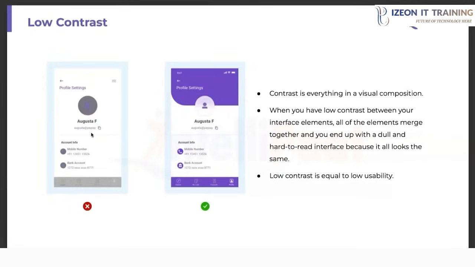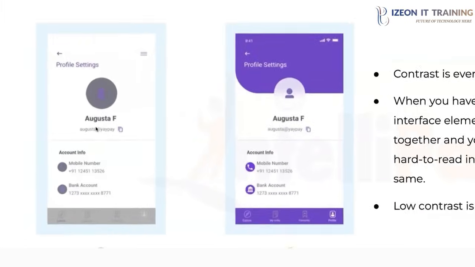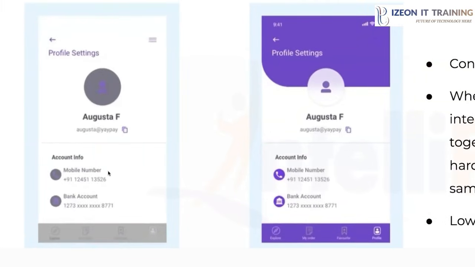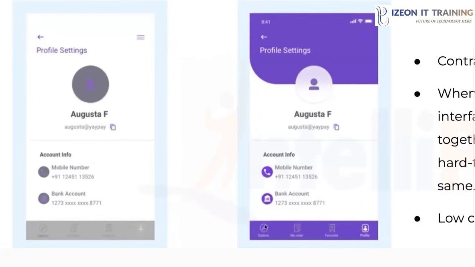Okay, low contrast to high contrast. If you see over here, there's no contrast. Where to look first? Maybe you will see Augusta F first, and that's it. But over here, the bottom navigation has some good contrast, with the profile icon lighted